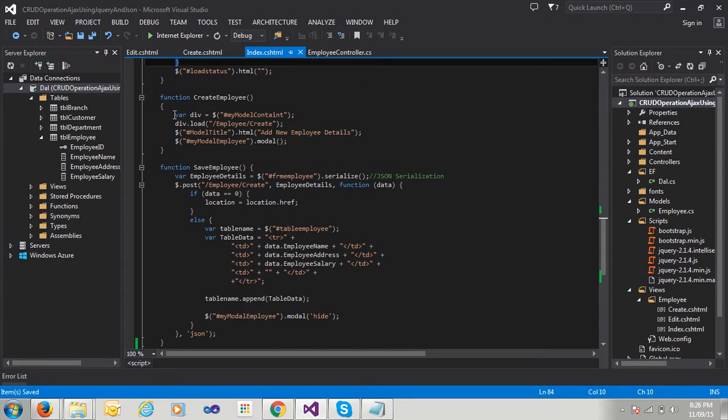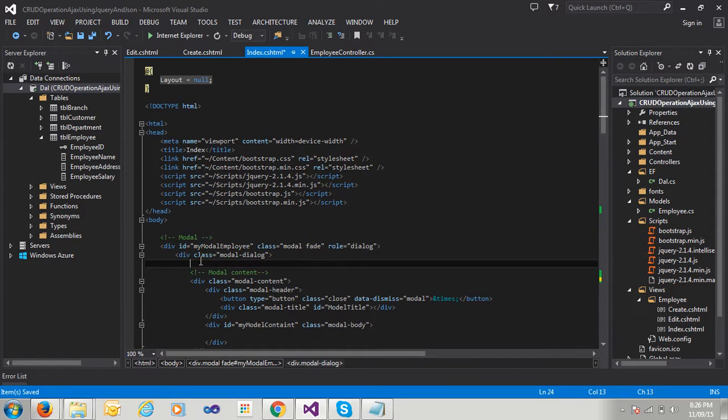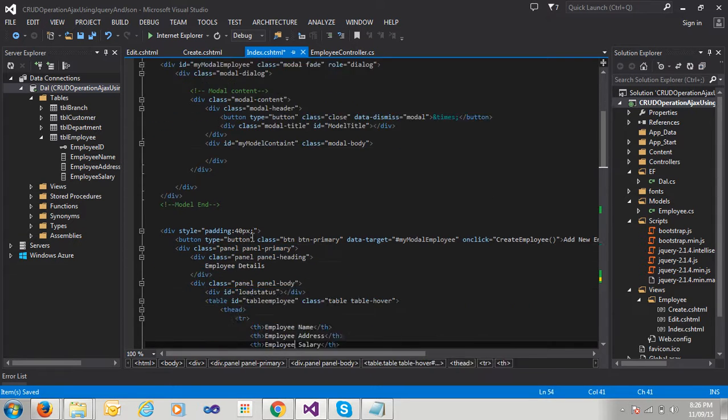create employee, right? That time I create a div. Just copy that div here because I need to load my partial view on that div, model content, right? And that model content div is upside with using a bootstrap model. You can see here my model content, right? Okay,